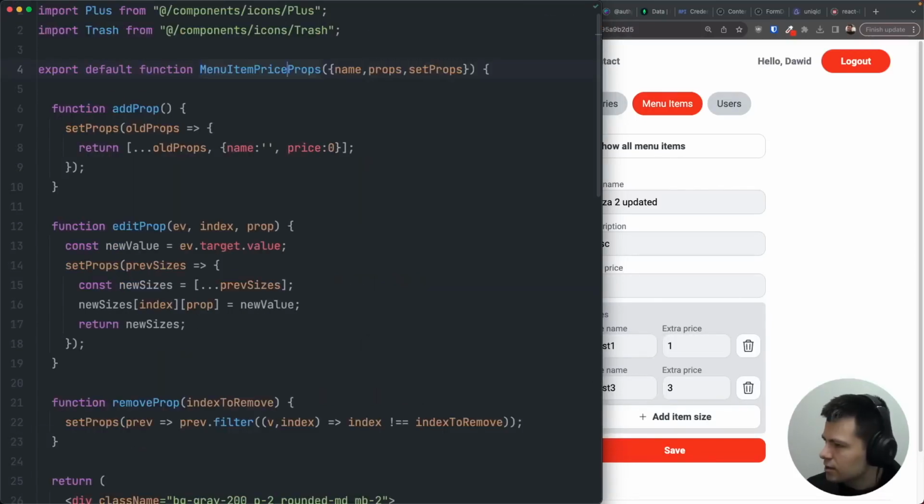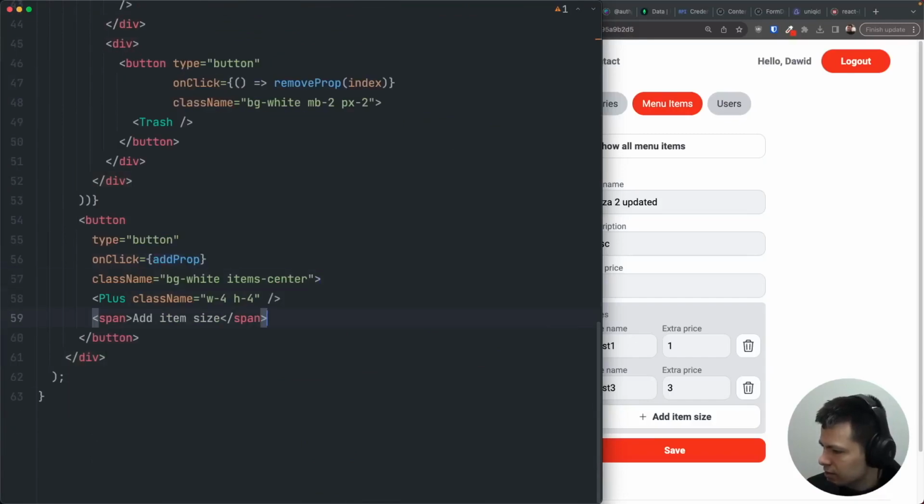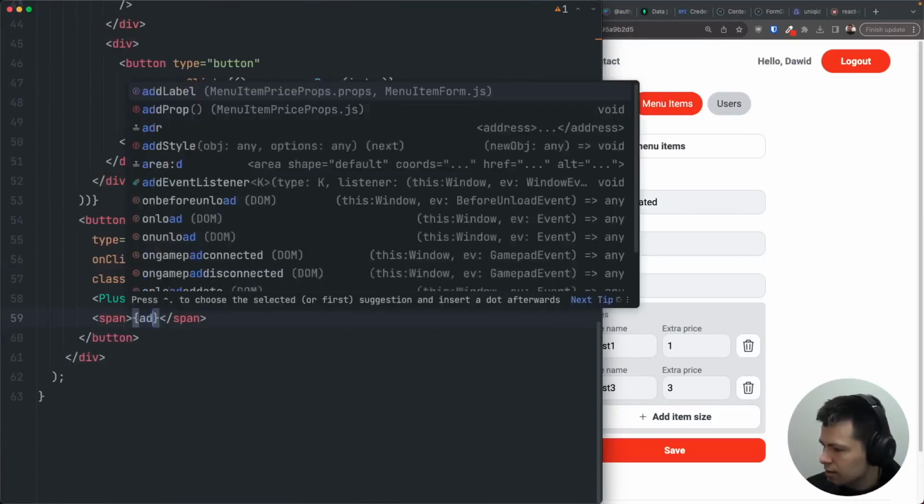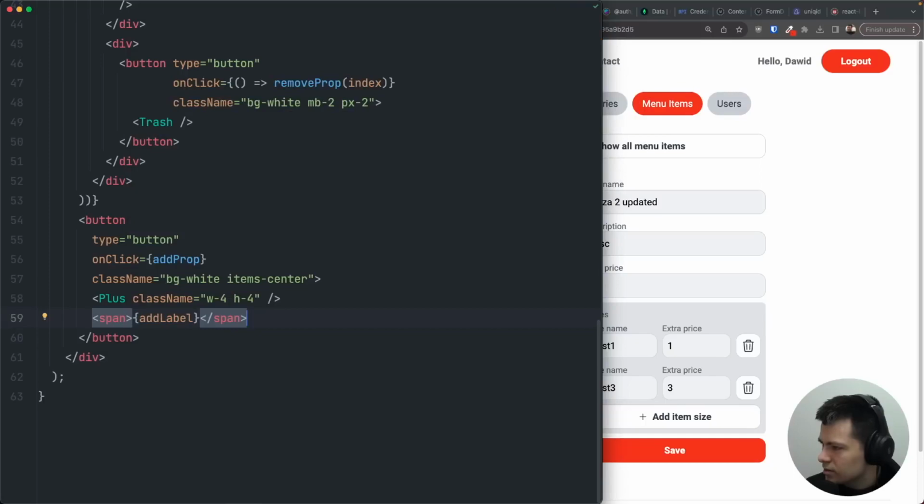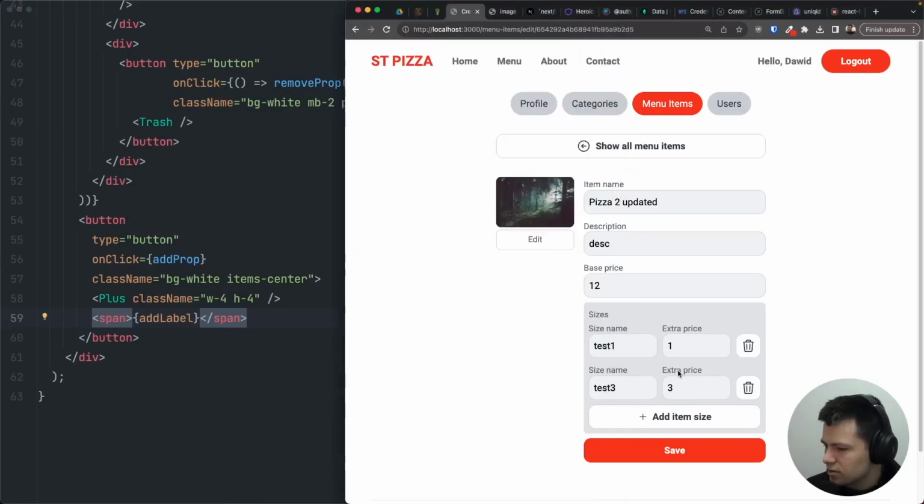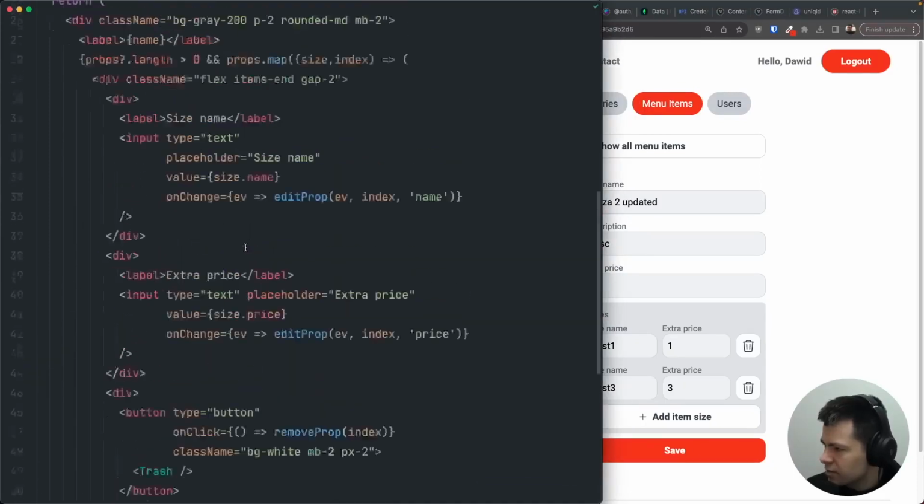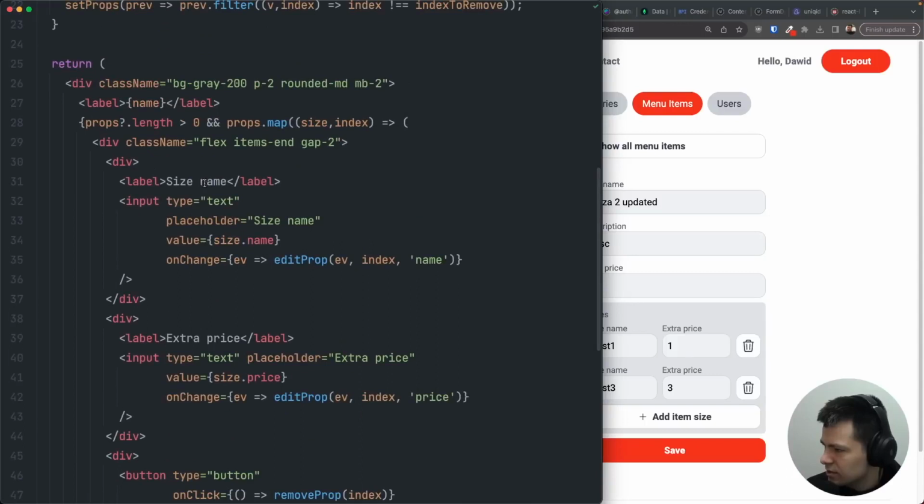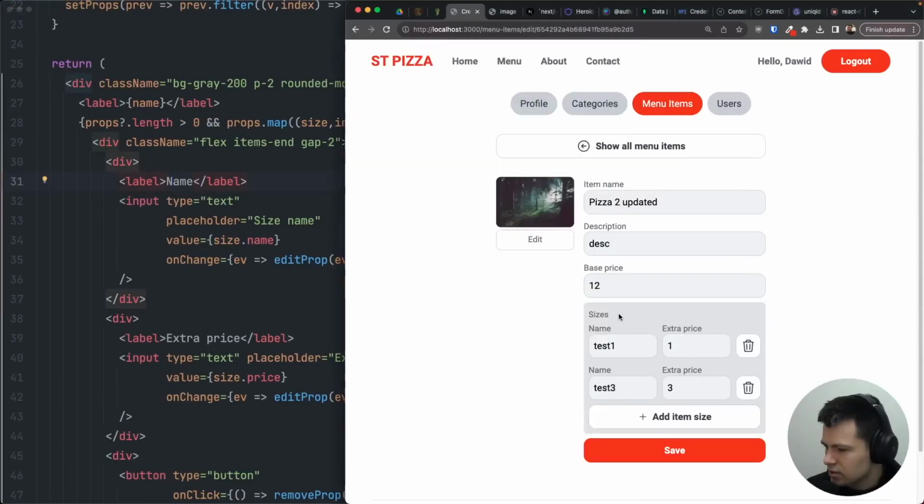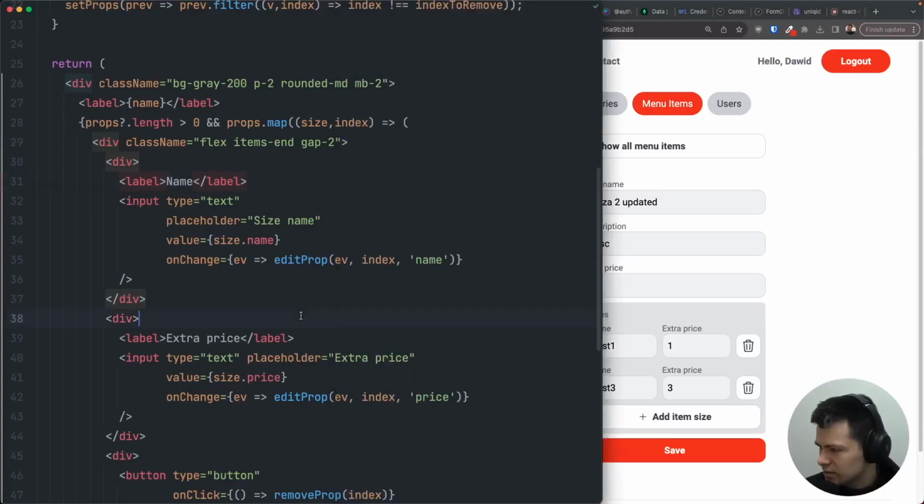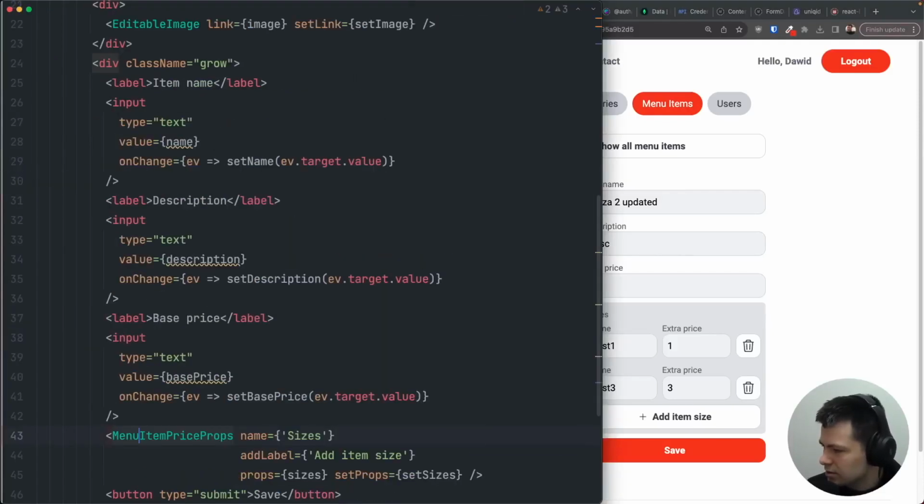Let's go here and add label, and let's use this add label here. So here let's do add label, and now we have labels for extra price and the name. I think we can just rename this size name to just name, and we are golden. Name and extra price. All right, and now you may be thinking why we are making it so generic,